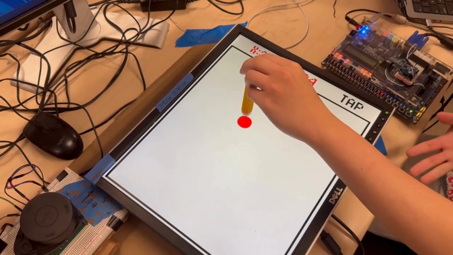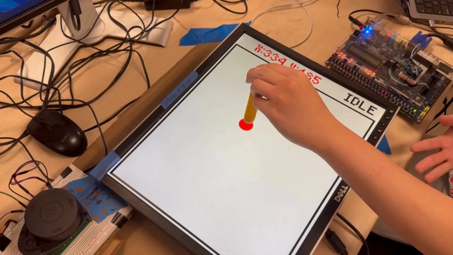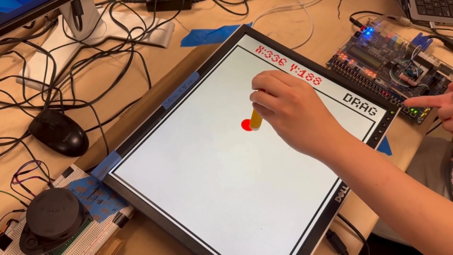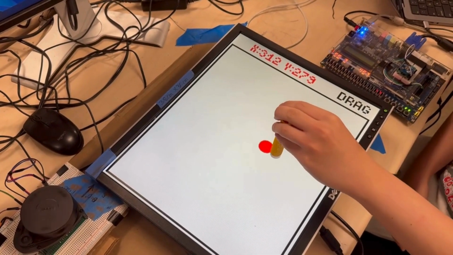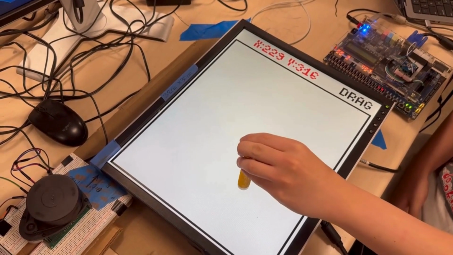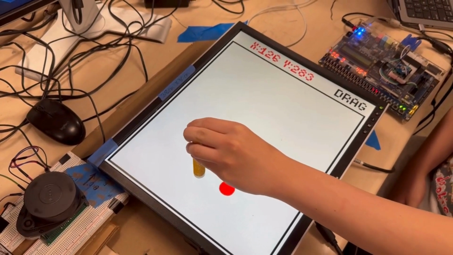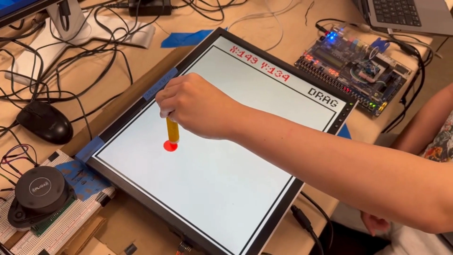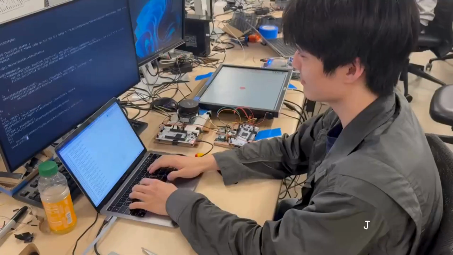And now if you want to drag, you just tap and hold, wait for it to turn to drag, and then slowly drag it around. And so throughout all of this, it'll stay in the drag position until we let go of our